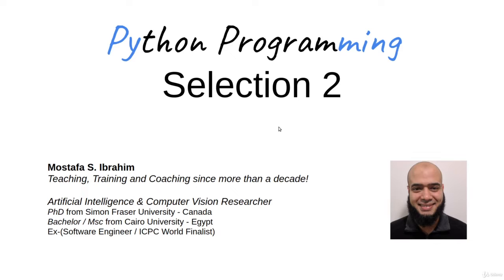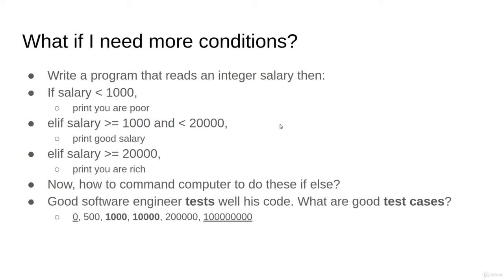Let's learn more about the if conditions. Imagine that you need more conditions. For example, if the salary is less than 1000, you would like to print that you are poor. Else, if the salary is between 1000 and less than 20,000, then you print something like good salary. Else, if salary is greater than 20,000, you print something else. As you see, we might have more complex logic in